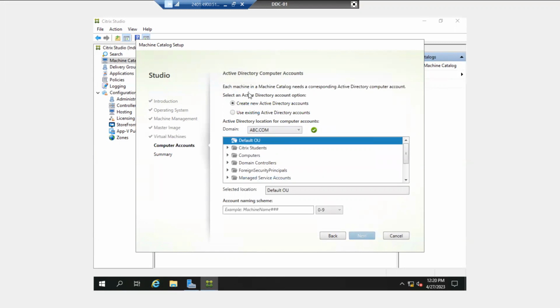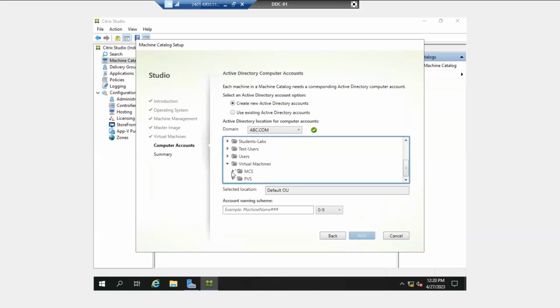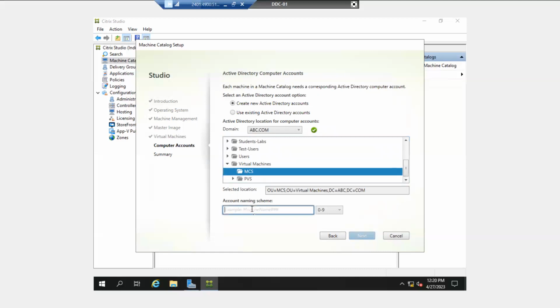Now it is asking to which OU do you want to add these virtual machines, right? I have already created one OU by the name virtual machines. In the virtual machines OU, I have one more OU with the name MCS. Now it is asking for the account naming scheme, right? So I can name it like IT desktop, or let's make it IT desk